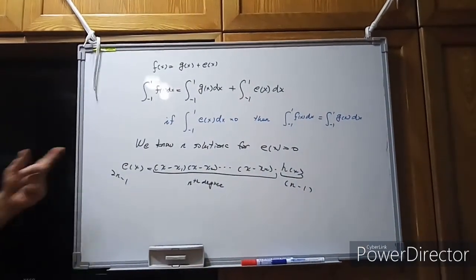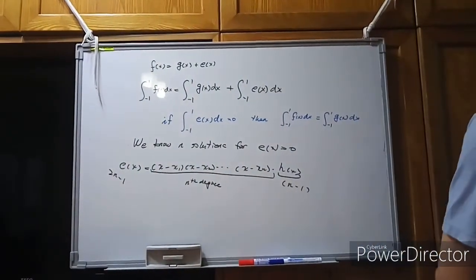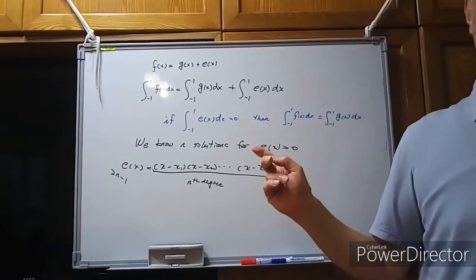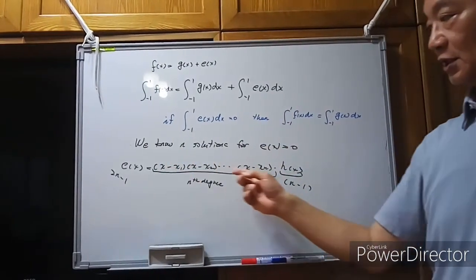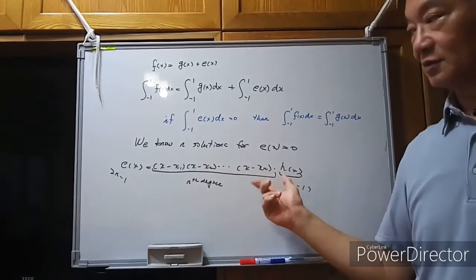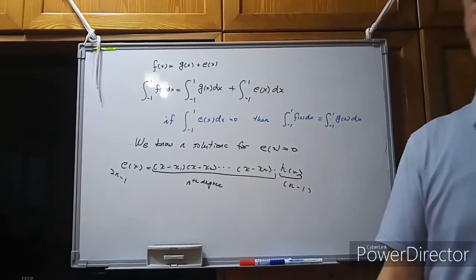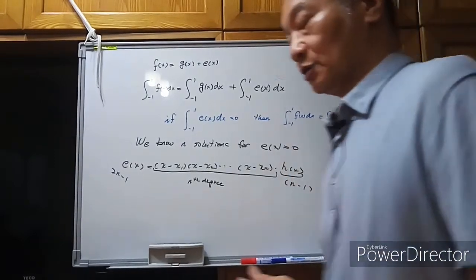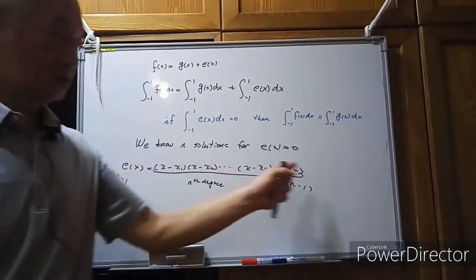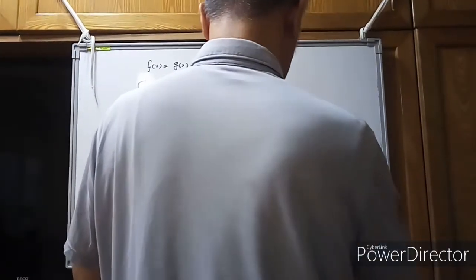Okay, since we know the error functions must be 2n minus 1th degree polynomial functions, and also we know there are n solutions for E of x equal to 0, then we can use x minus x1, x minus x2, until x minus xn, multiplied by another n minus 1th degree polynomial function. And since we can use the Legendre polynomial functions to express the h of x, the h of x can be expressed by